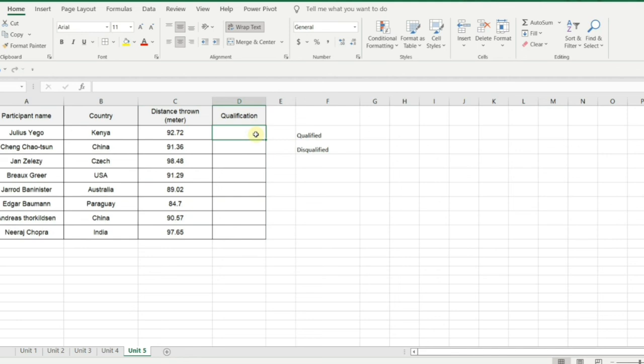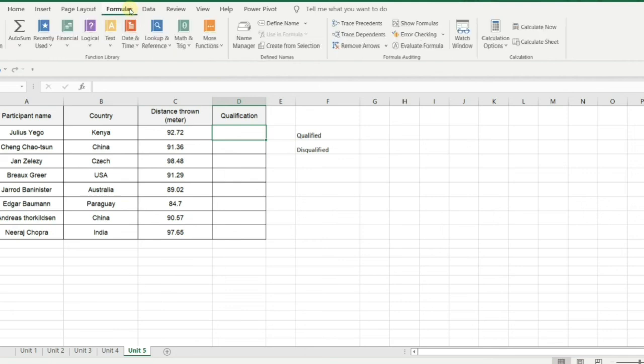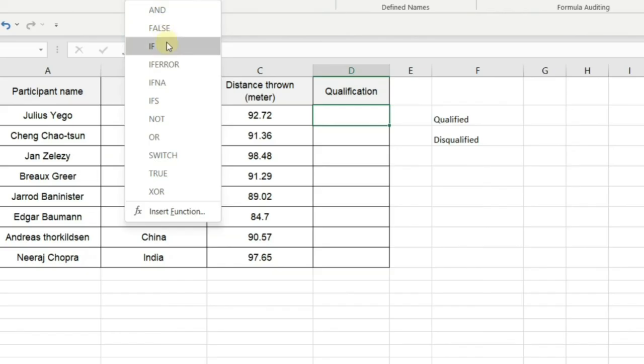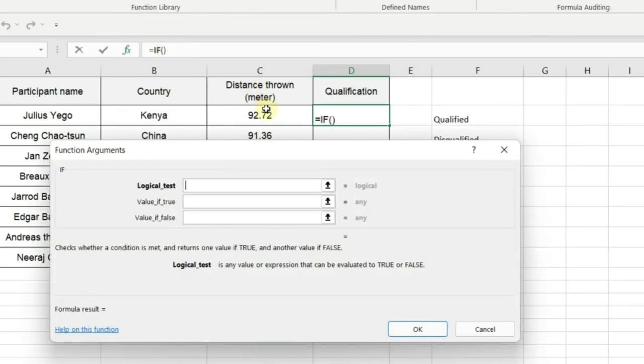So how to apply this in the formula? What I'm going to do is go to the formula, give this, the question mark, that is called logical, IF, and then this value C2.